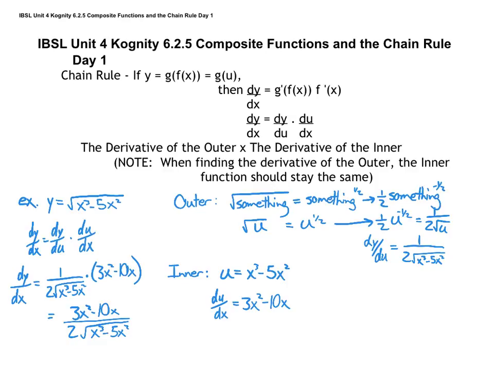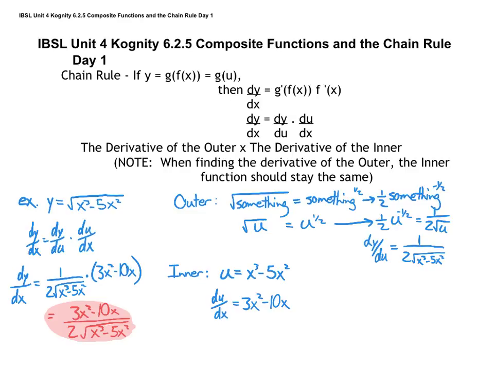over 2 times the square root of x cubed minus 5x squared. Okay? And that's it. That's the answer. We're going to leave it like that. This seems complicated, and when you first start doing it, you're writing down a whole lot more than you'll write down in the near future. In the very near future, we're going to look at this, maybe rewrite it once, and then write down